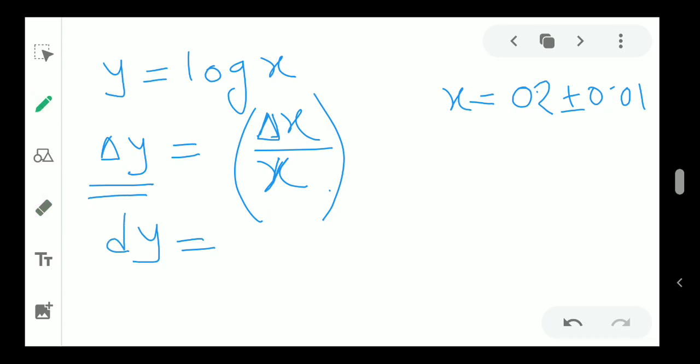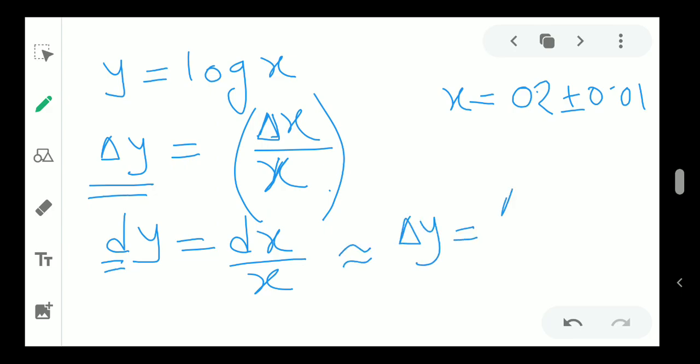The differentiation of log will be dx by x. Here d is a very small quantity, and in error calculation this term is the same as this term, so that's why we can write this. In the case of log, we know that log means base 10, right? But sometimes we use ln also. So if we use ln,